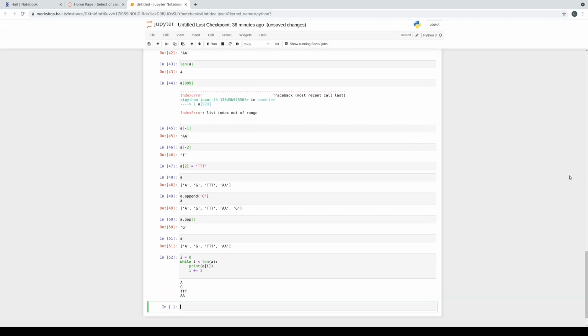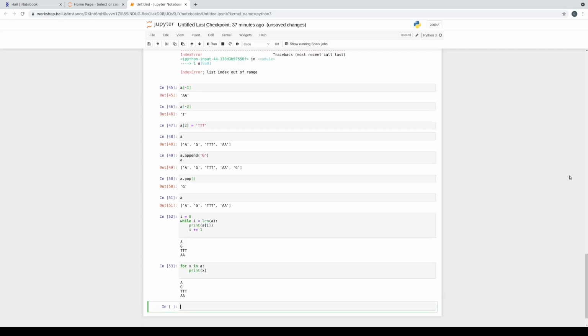So we run that and we see we get the 4 elements of the list printed out one at a time. This is such a common idiom in Python that there's a special syntax for it, iterating through the elements of the list, and that's a for loop. So the for loop looks like this: for x in a. That says iterate through the elements of the list, each time binding an element of the list to the variable x, and then execute the body of the for loop. And here, we just want to print the elements out, so we're going to just say print x. And we evaluate that, we get, again, the 4 elements of the list.